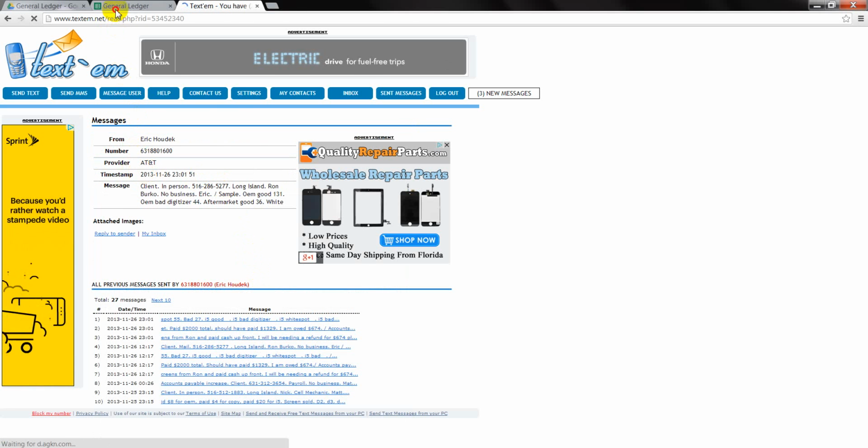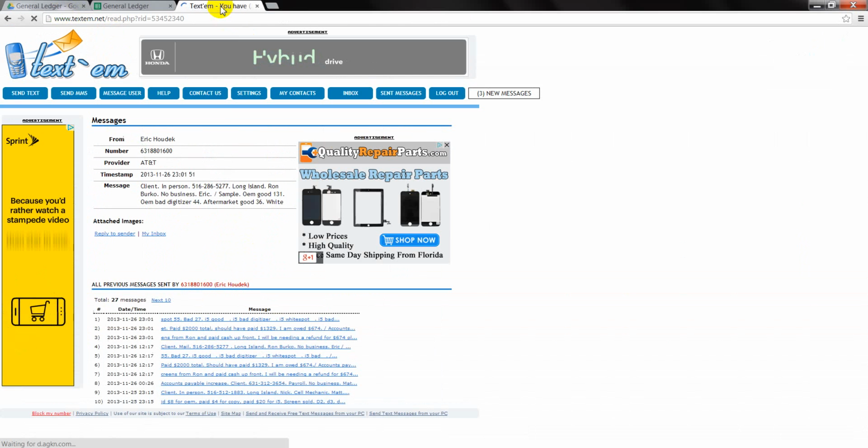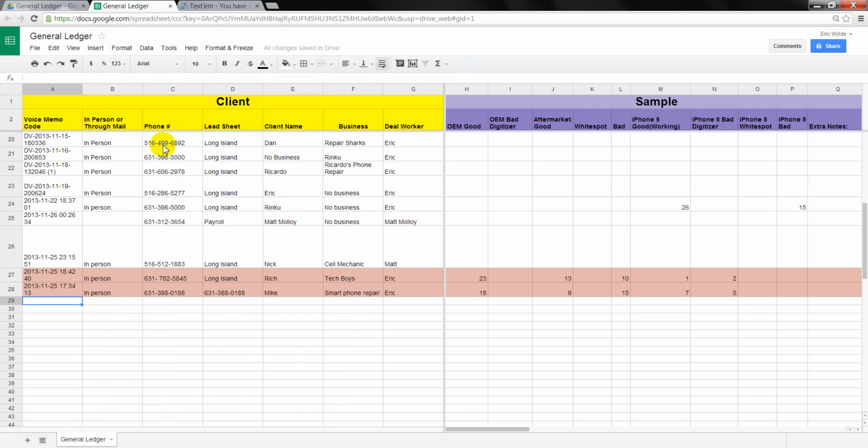So we also want to go to the general ledger, open that. We're going to input everything. This client. We're also going to put the